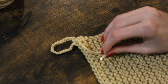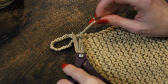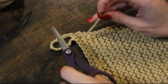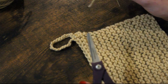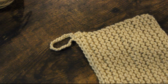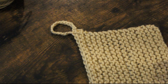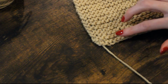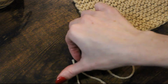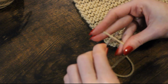All right, so this is a little bit of a smaller loop than the first one I made, so if you want to give yourself a longer loop, leave a longer tail. I just cut off the remaining edge. There we are. So now we have the loop on our washcloth. The next step is going to be to weave in our starting tail. This was the tail from when we first started our work. So let me show you one more time